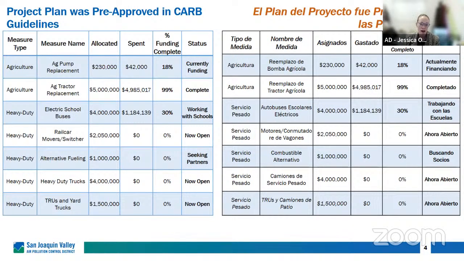dramatically recently, but I did just want to highlight a couple of things. One is that the rail car movers and switchers used to have a little over 4 million in it, but you all have asked us to help shift to vegetative barriers as well as the residential air filtration measure. So that's why it's reflected in a different number, and there's more details in the SERP tracker. If we do still find a partner, we'll be able to continue forward with that project, but you were all really helpful in helping us redirect some of the funding